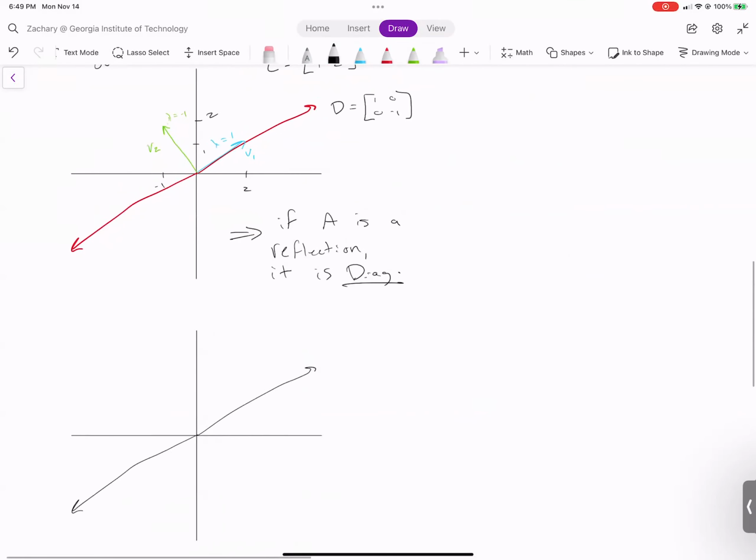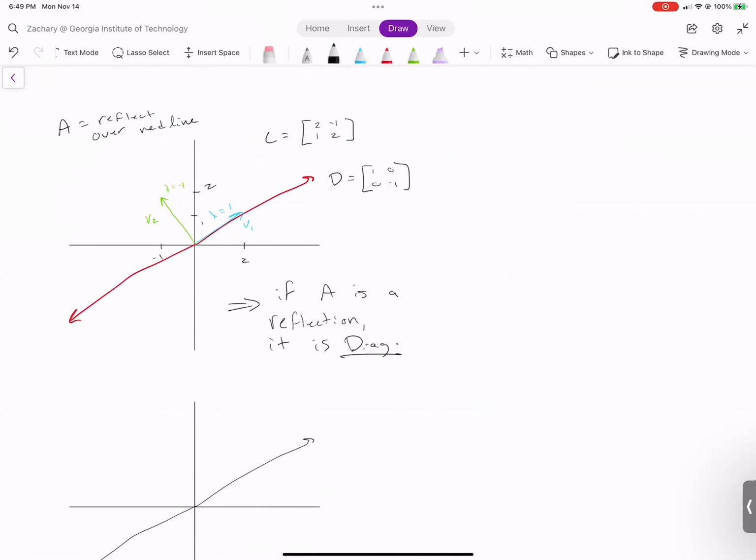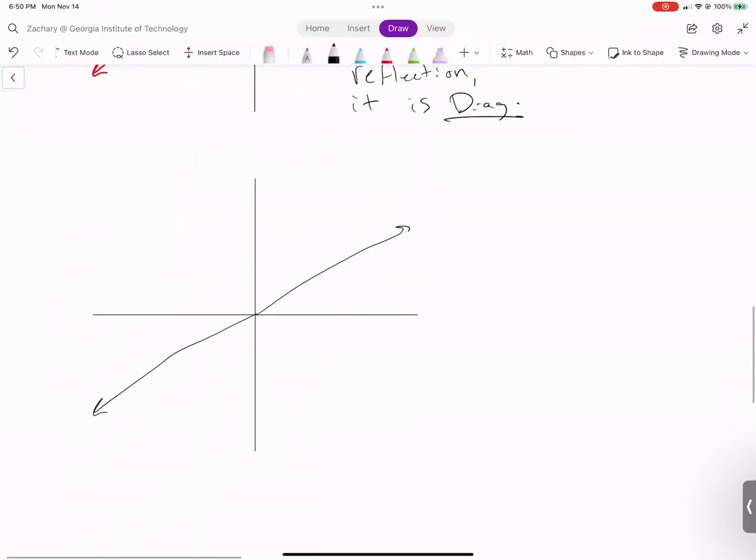So think about this in a 3D case. Say I'm reflecting over this podium here. Sorry for those of you online, I couldn't get the camera to work quite right. The vectors that correspond to lambda equal 1 are the vectors lying on this podium. We can pick any two linearly independent vectors because they just need to span this plane, which is the eigenspace. Likewise, anything sticking straight up is going to flip immediately back through it. That's how you can think about it in greater dimensions, but don't try to think about it too hard in any dimension greater than 3. It'll hurt your brain, I promise.